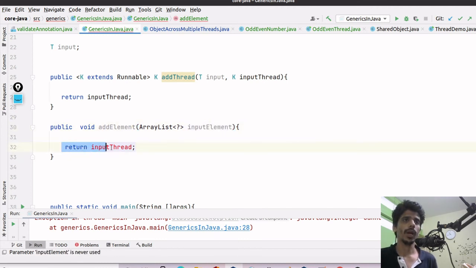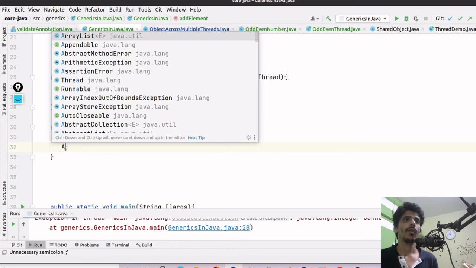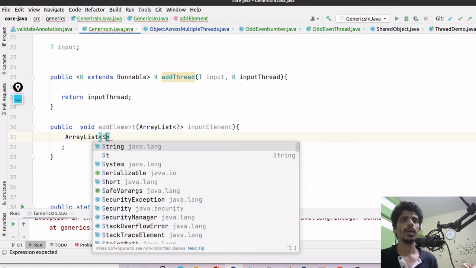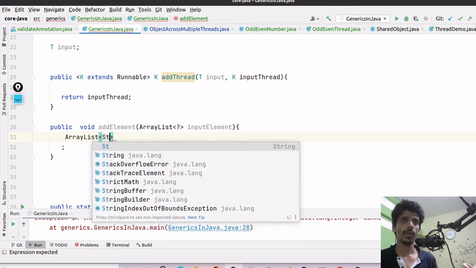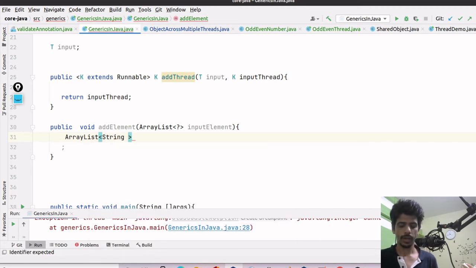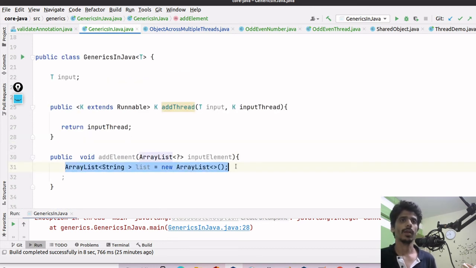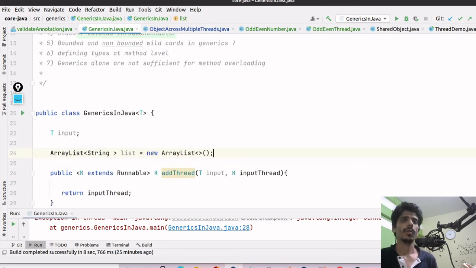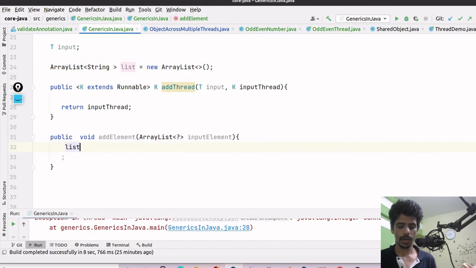So this is an unbounded wildcard. There is no boundary, meaning it's not extending and it's not a super. So we can't add to it. Suppose there is an ArrayList of type Object or String, let's say list equals new ArrayList. Let's make it at the class level, and that will be better. So list, and let's say I'm adding list dot add